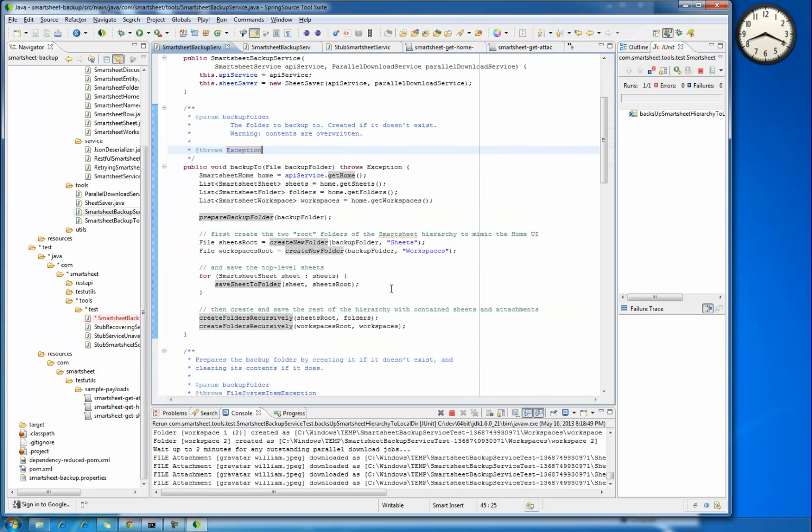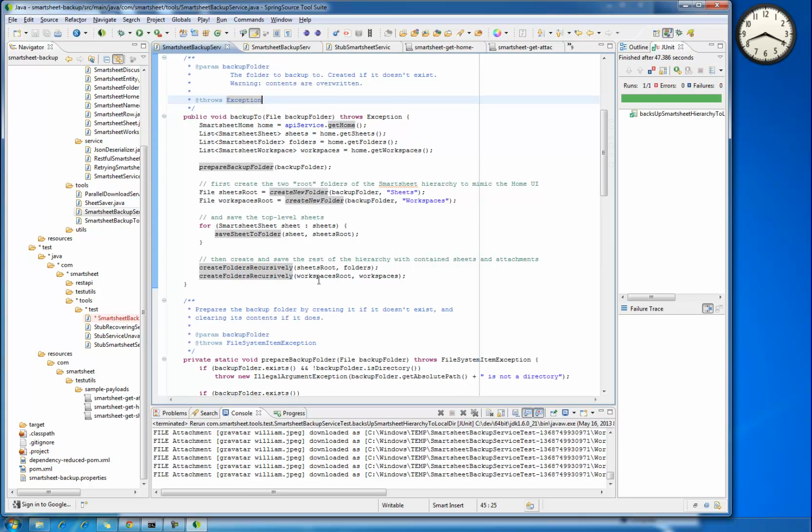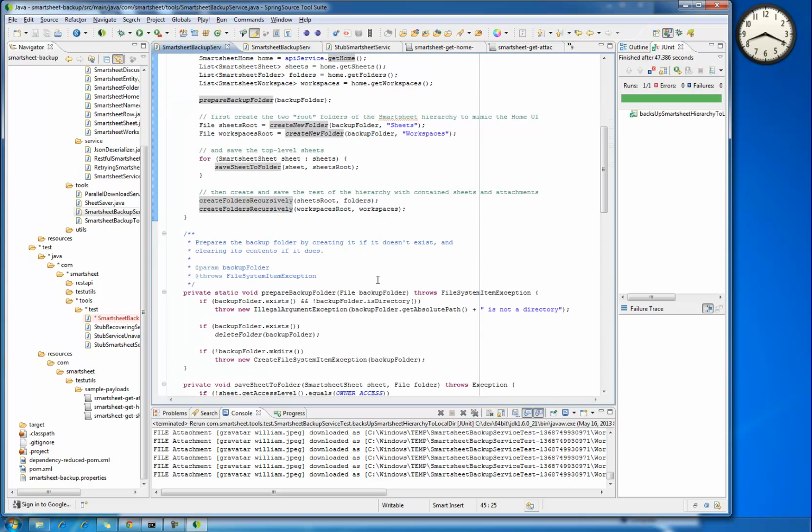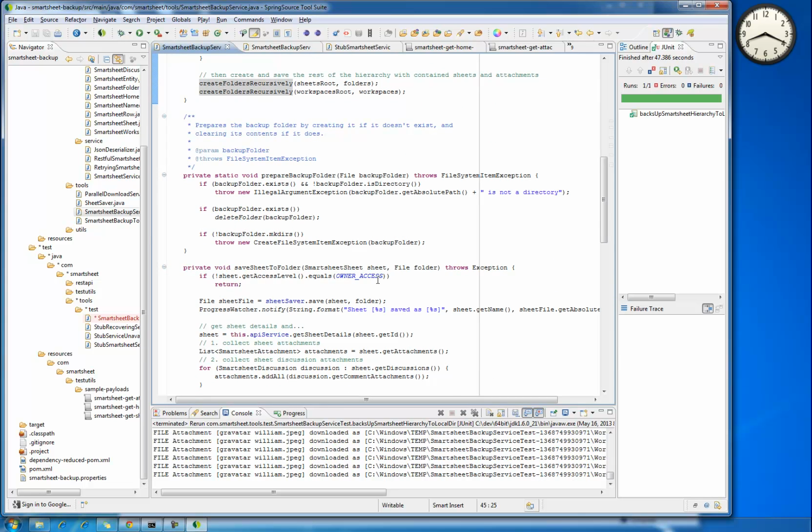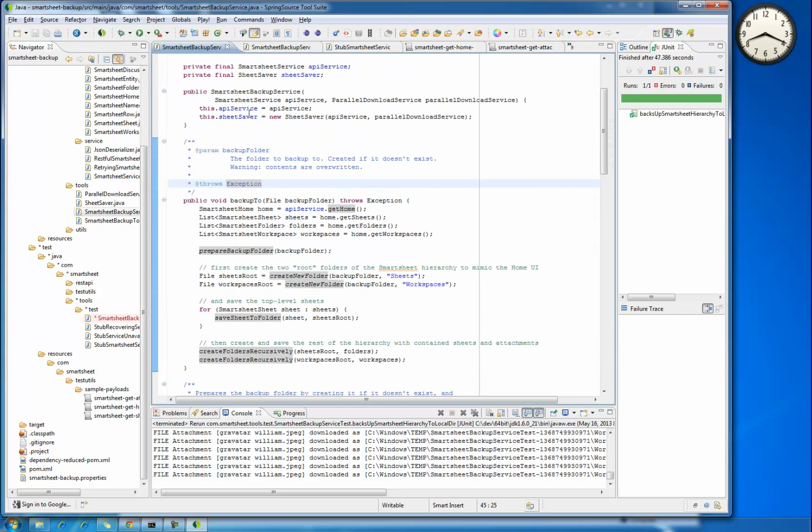It creates a Sheets folder and a Workspaces folder as roots, and then goes to the top level Sheets to save the Sheets to the root, and then recursively it goes through all the folders and the workspaces to create them. And as part of creating them, it takes a sheet saver, and the sheet saver is responsible for